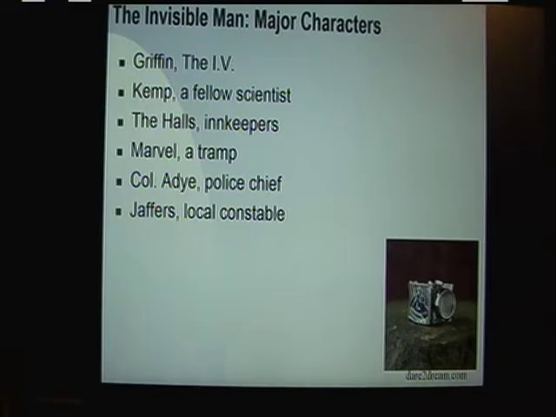So we have Griffin, the Invisible Man himself. Kemp, a fellow scientist that Griffin goes and speaks to after about halfway through the work. We have Mr. and Mrs. Hall, the innkeepers at the place where Griffin comes to stay. Mr. Marvel, who is a tramp, a hobo, just living out in the countryside. And Colonel Adye and Jaffers, the policeman from the two towns where the action goes back and forth. So here's a set of characters in the piece, and gee,